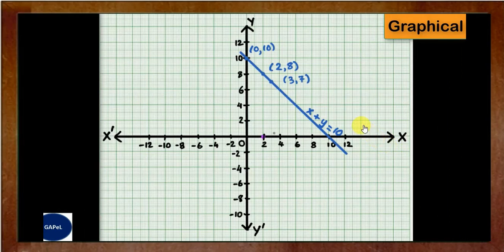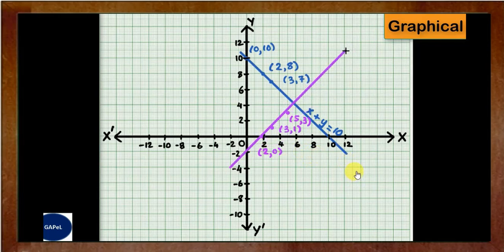So same. You have to go on graph paper and you have to plot. So 2, 0. So x is how much? 2. And y is what? 0. So you have to plot this point. 2, 0 is this. Then I have 3, 1 and 5, 3. If you see here 3, 1. So 3 is here, 1 is here. So 3, 1. 5, 3. This is my 5, 3. Again, draw a straight line passing through this point.